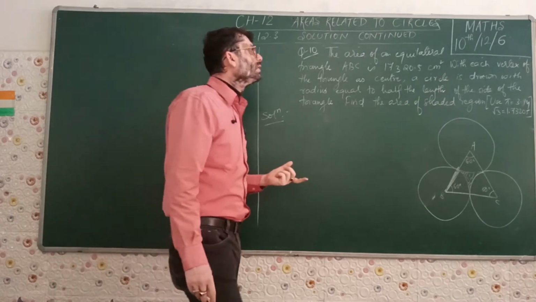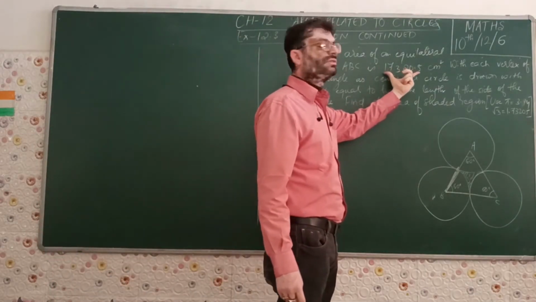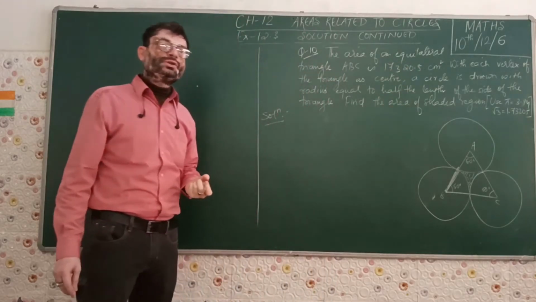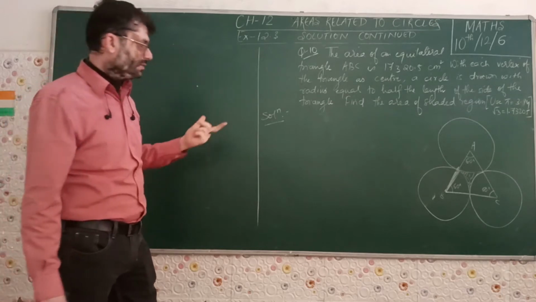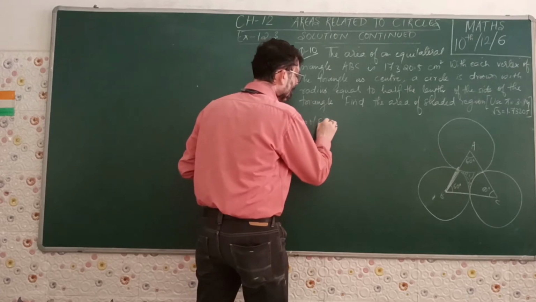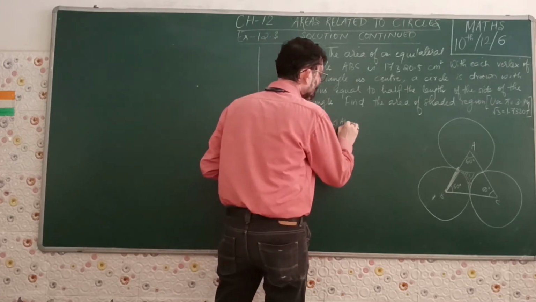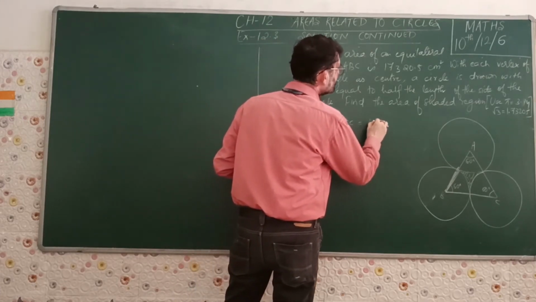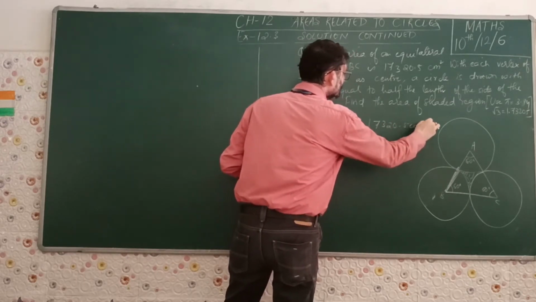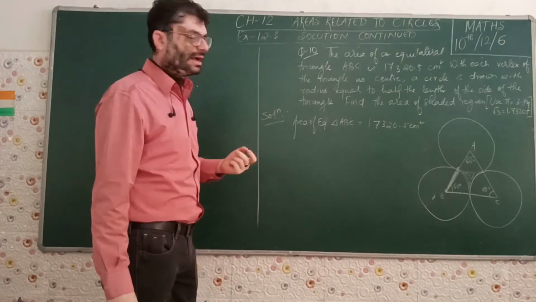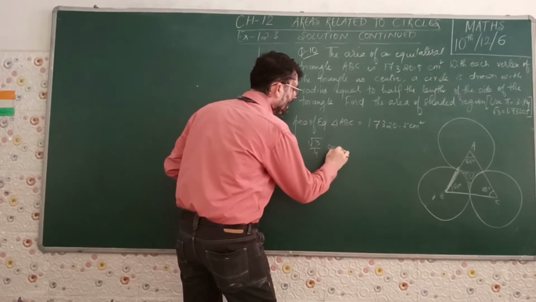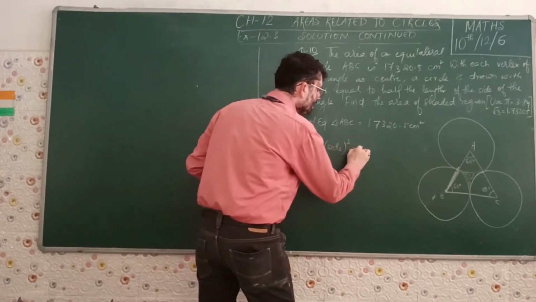That can be found out by using the area of the equilateral triangle. And we know the area of the equilateral triangle is root 3 by 4 side square. So let us move on with this. Area of equilateral triangle ABC is given to you as 17320.5 centimeter square. And area of the equilateral triangle is given by the formula root 3 by 4 side square is equals to